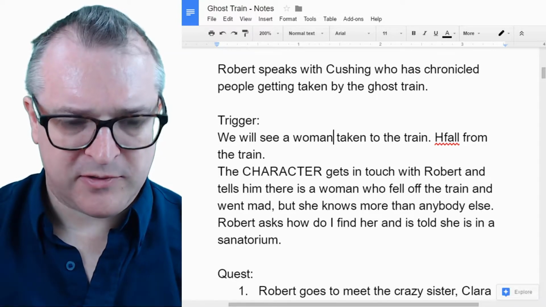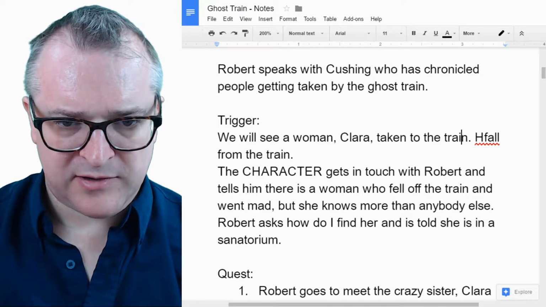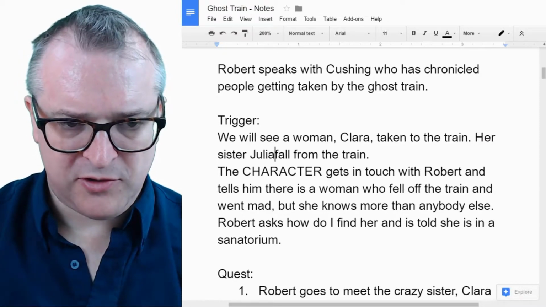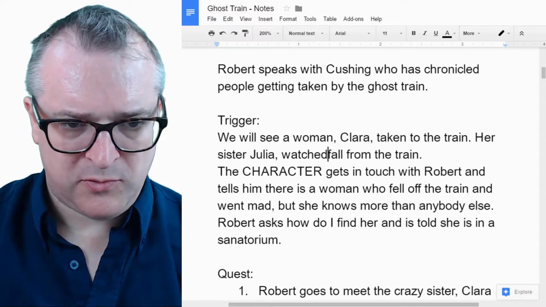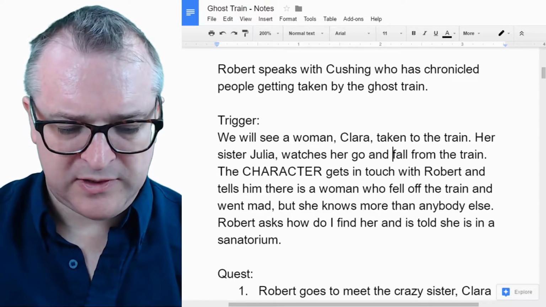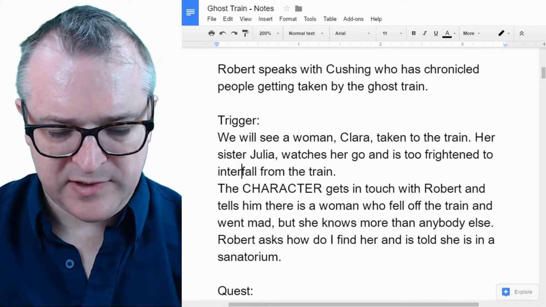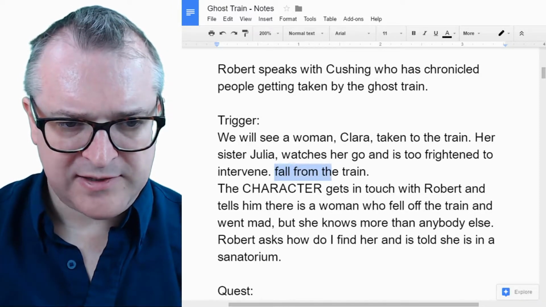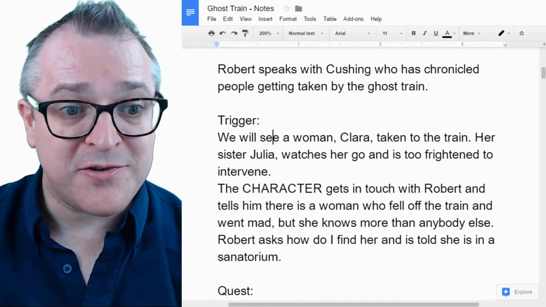We see a woman, Clara, taken to the train. Her sister Julia, who she lives with, watches her go and is too frightened to intervene. So let's say that the ghostly little boy comes for both of them. Oh, that would be good!